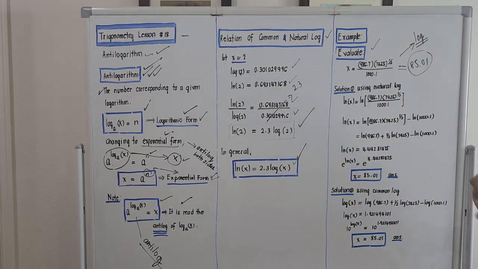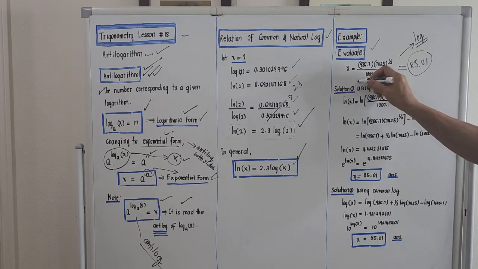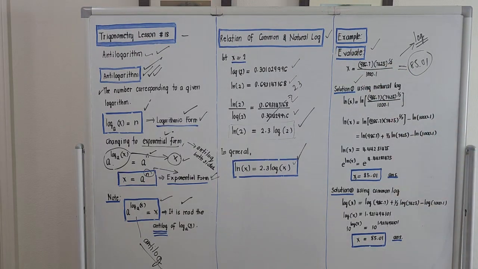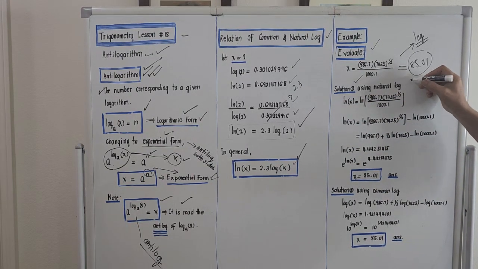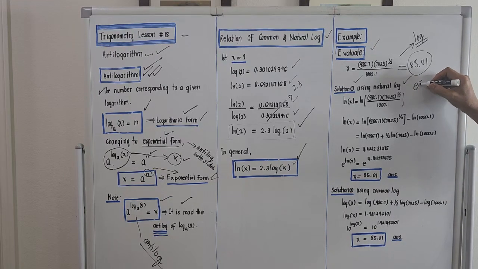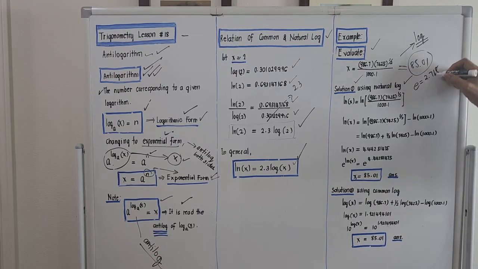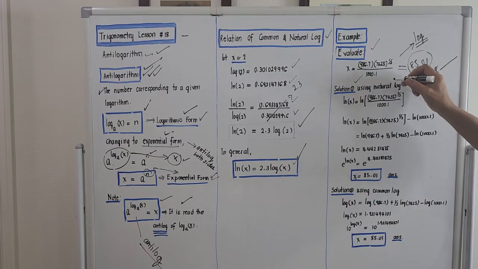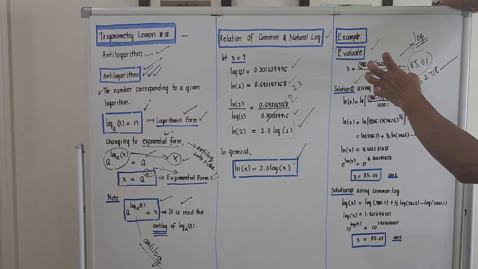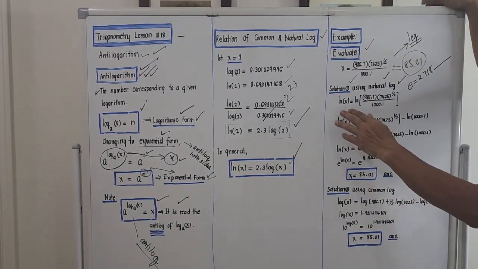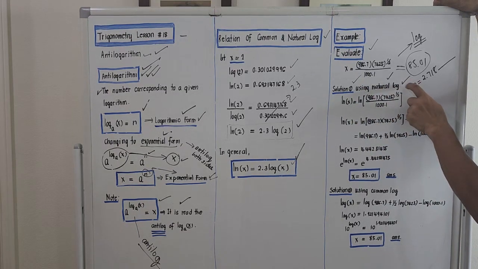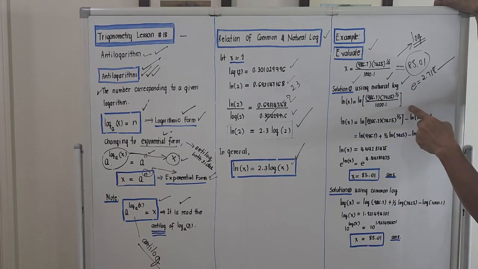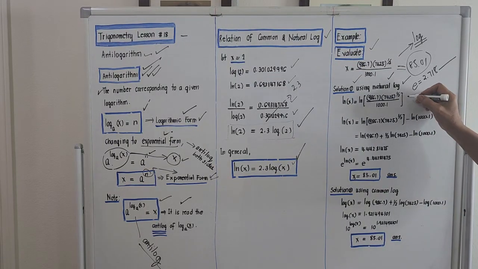Okay, solution number one. Because there are two types of logarithms, right? The common logarithm and natural logarithm. So solution number one, by using the natural logarithm, if the base of the natural logarithm is 2.718 and so on, that's natural logarithm. Okay. Step number one, take the natural logarithm of both sides. The natural logarithm of x should be equal to the natural logarithm of open bracket, the product, over 1000.1 close bracket. If we try to simplify this one,